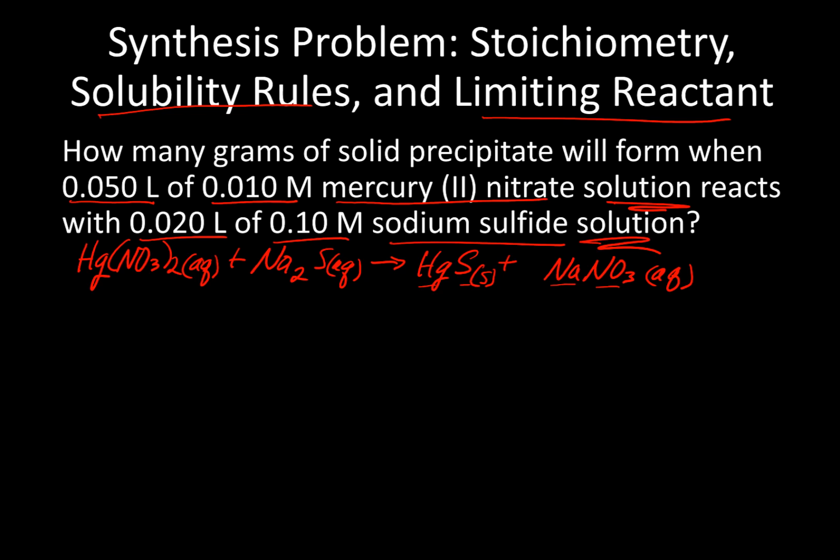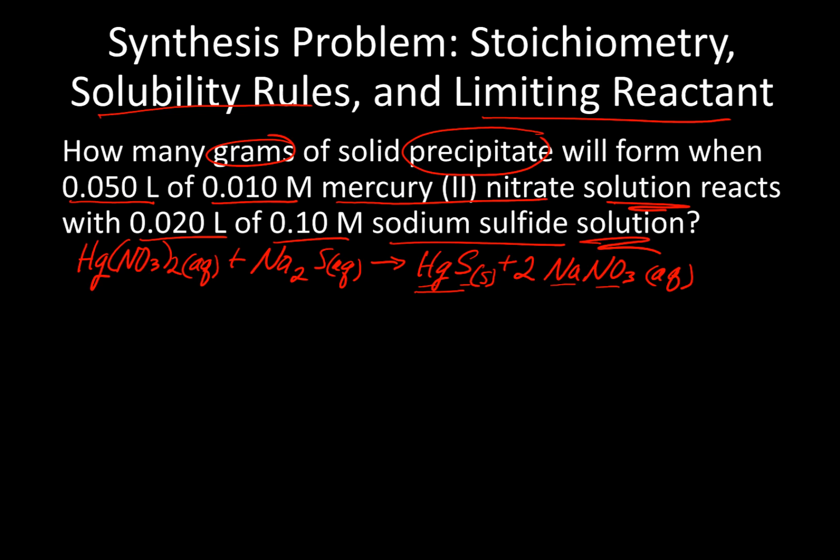That's your precipitate. So how many grams of precipitate will form? Now we know we're looking at this as our precipitate. And then the last thing you need to do is balance the equation, so you need to put a 2 in front of the sodium nitrate in order to balance it. So the next step with this problem, again, you're asking how many grams of solid precipitate will form. If you think back to the concept of limiting reactant,